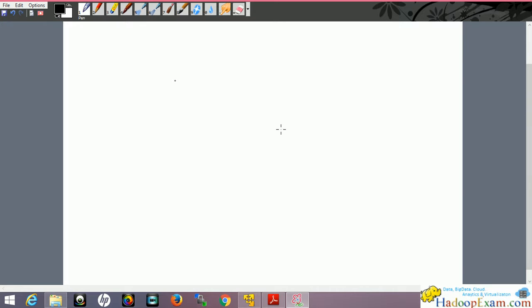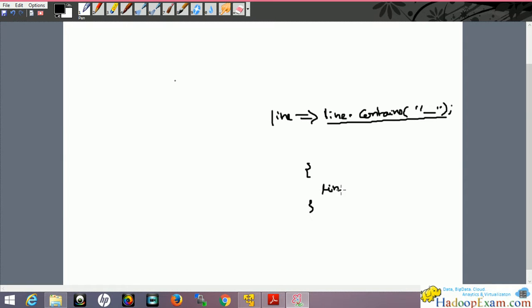Okay, so let me write down here. Line, and then line dot contains is my function, and here the Hadoop exam. So exactly, this is an anonymous function. There's no name to this function, so you can just assume this is the function body, which contains this line dot contains